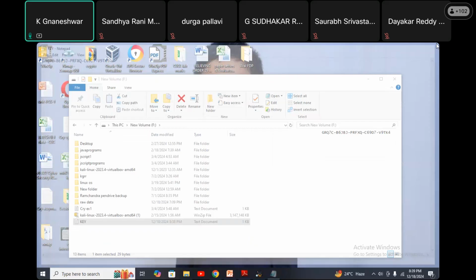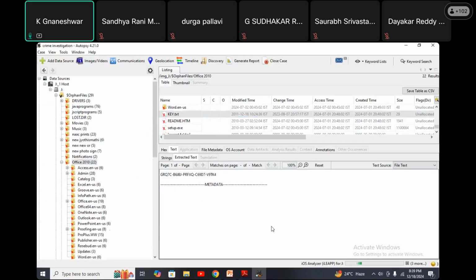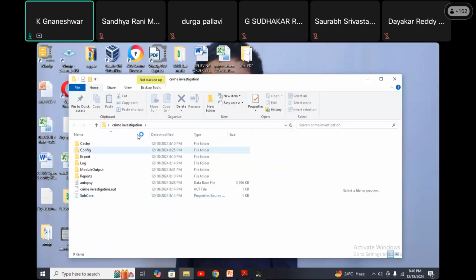This one is completed. My pen drive database creation is completed. I saved that pen drive data database on my desktop, in the crime investigation folder. If you want to check the information and documentation clearly, then open this. My data is saved in this crime investigation folder.